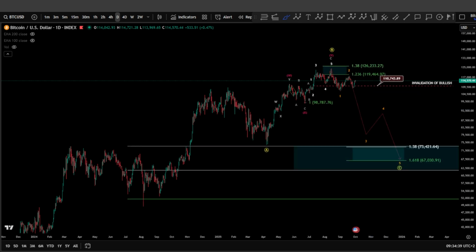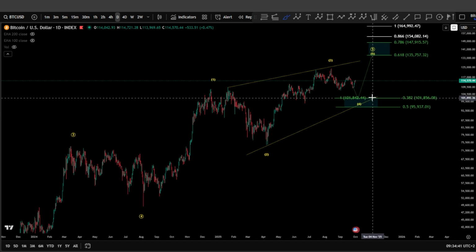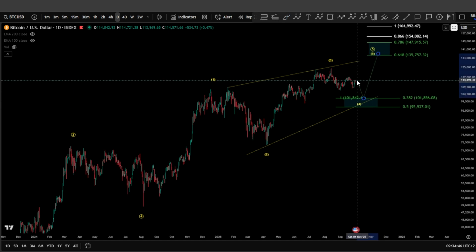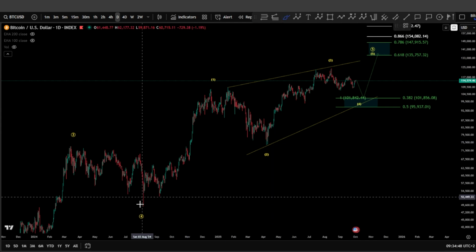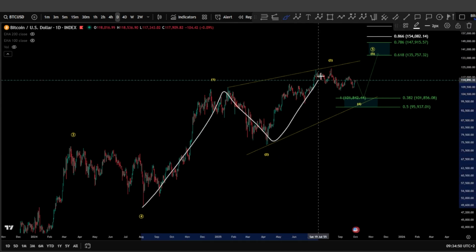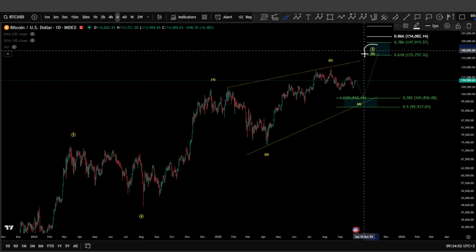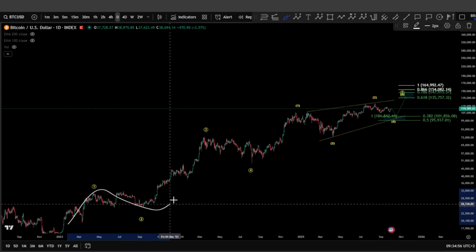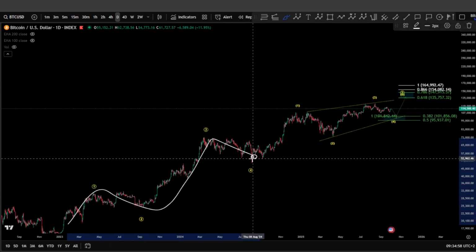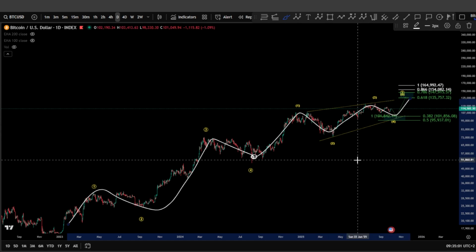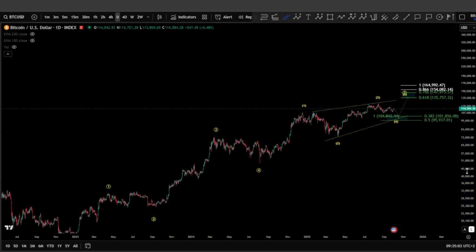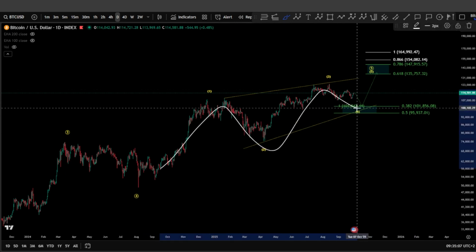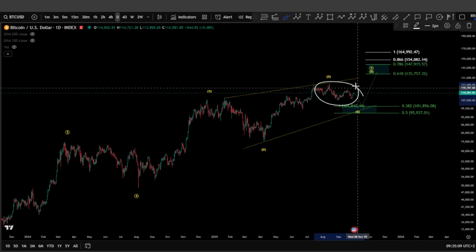Another possibility for the bullish that I'm looking for before moving to the bearish is this structure, which is an ending diagonal: 1, 2, 3, 4, and a 5 to finish a major wave 5 in our bull run. Meaning, our bull run is 1, 2, 3, 4, and you're looking for 1, 2, 3, 4, 5 in an ending diagonal. This ending diagonal has to be 5 waves. Currently, you are in the wave 4.